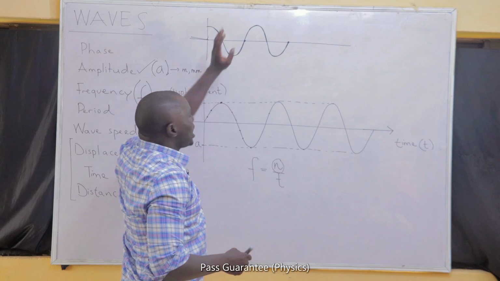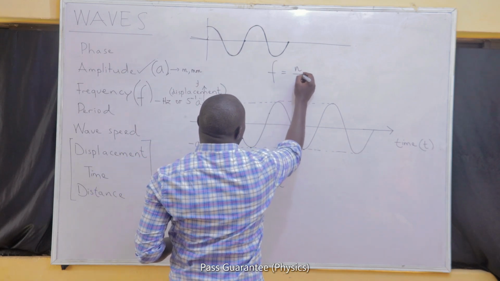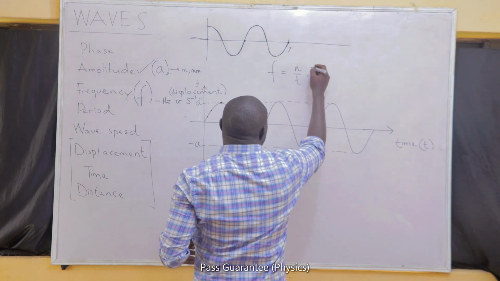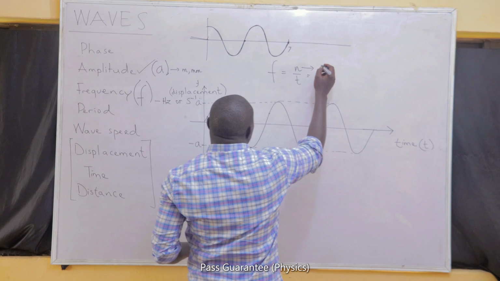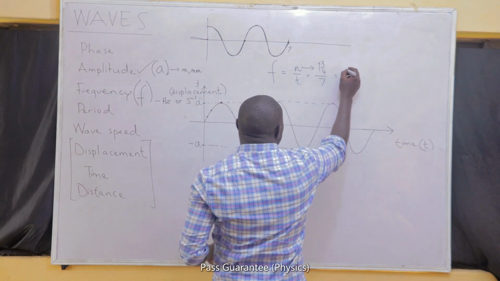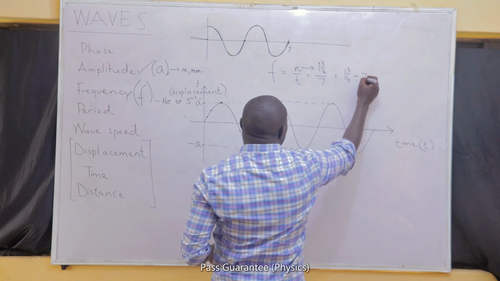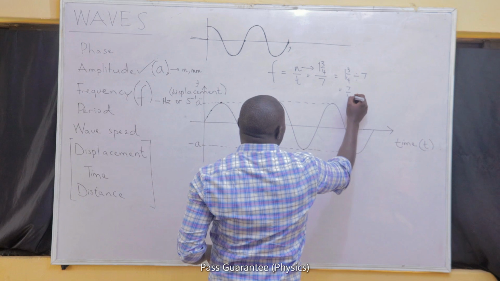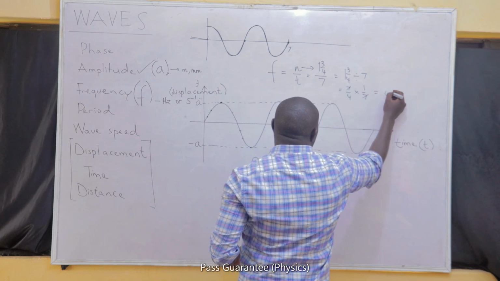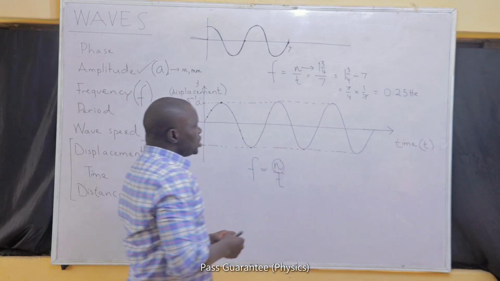That is 1/3. So I can say that the frequency must be the number of cycles all over time. If I'm given the time, let me say 7, it means that the number of cycles that I'm going to use here will be 1/3, 1/3 all over 4 divided by 7. And I can easily split that out as 1/3 all over 4 divided by 7, which is the time. That should be 7 all over 4 times 1 all over 7, and that should be 1 all over 4, which is also 0.25 seconds, or hertz. That is the unit of a cycle.